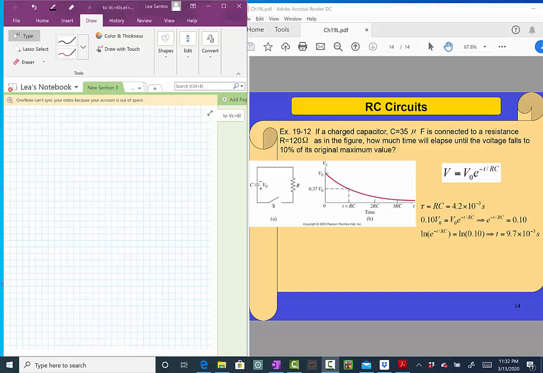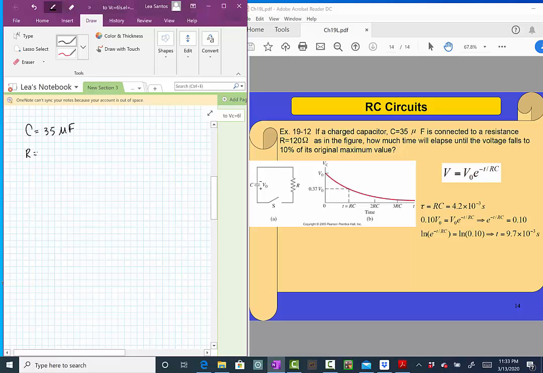Okay, so now let's solve a problem for an RC circuit, a circuit that involves a resistor and a capacitor. So this is the problem. We have a capacitor that is already charged, okay? This capacitor is already charged. The capacitance of this capacitor is 35 microfarad, and we are going to connect it to this resistor that has resistance